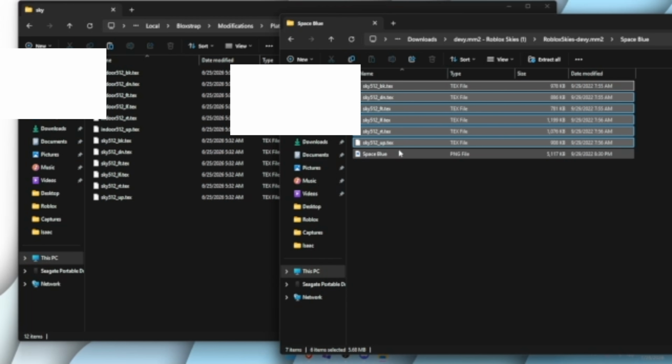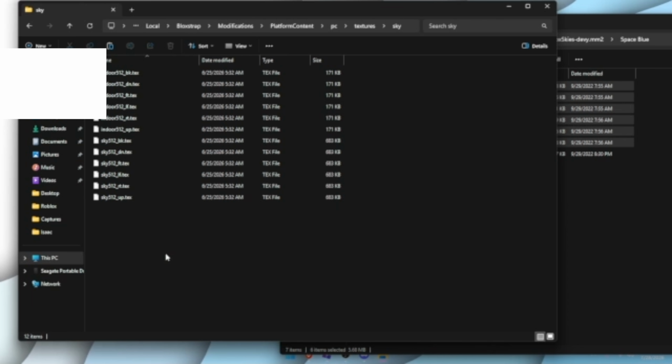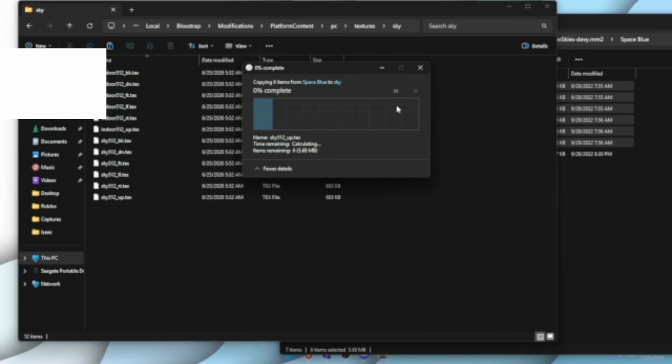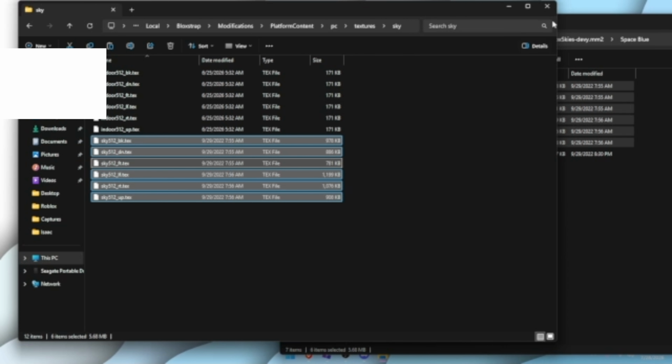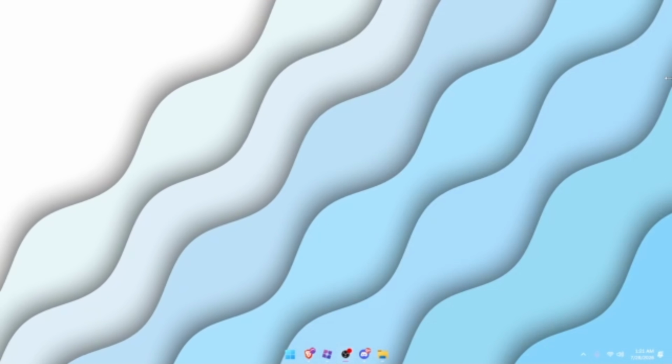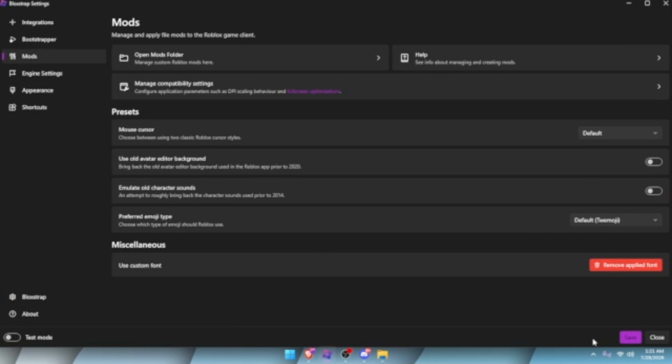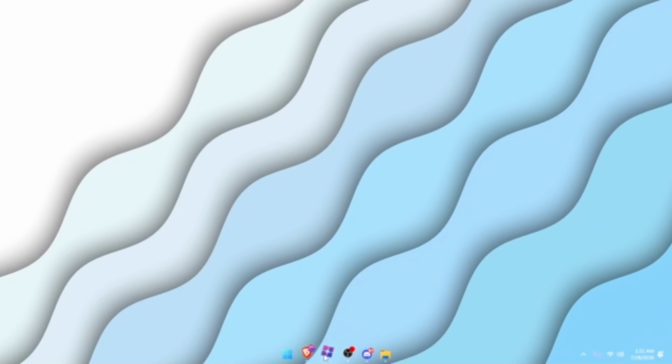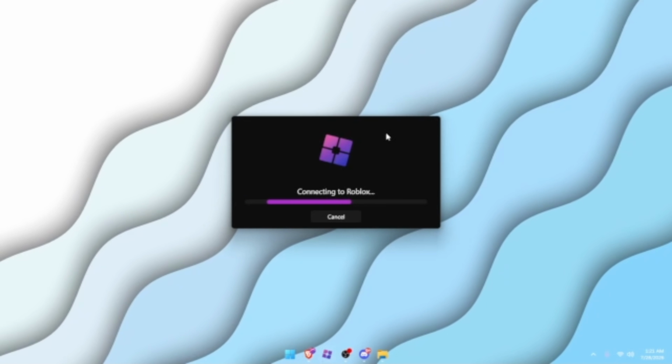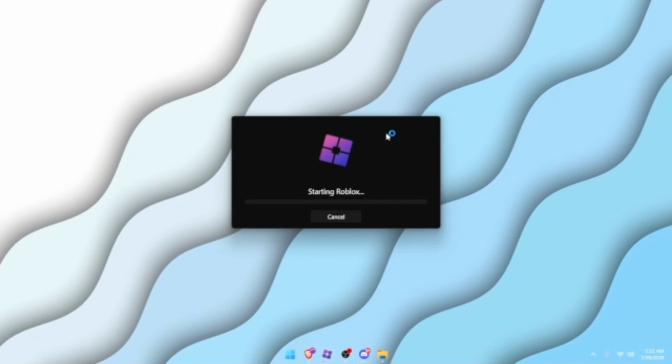folders. Copy. Go to the empty space, paste. Replace the files. Now you can close this, go back to bloxstrap, save, and close. So now when you launch Roblox through bloxstrap,